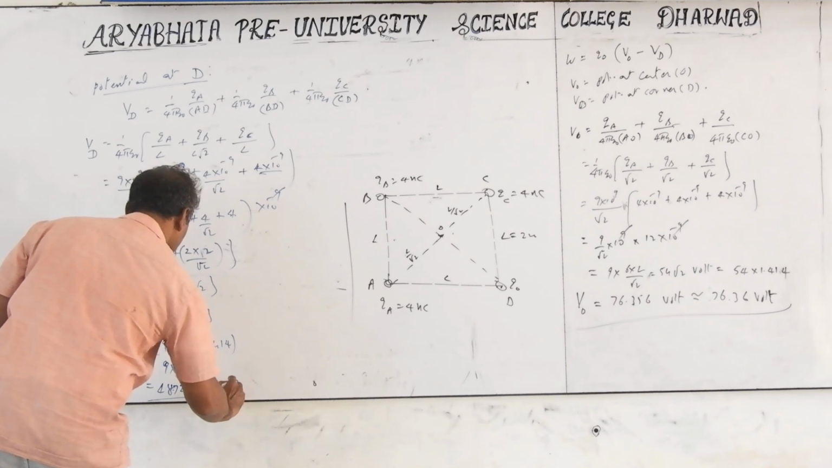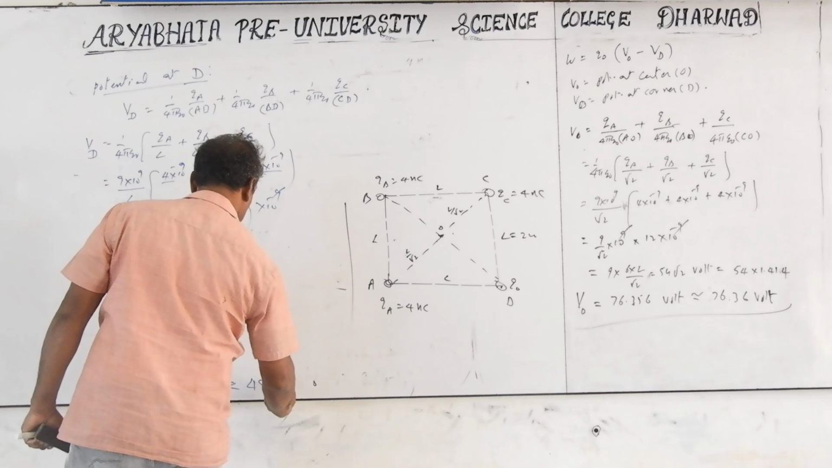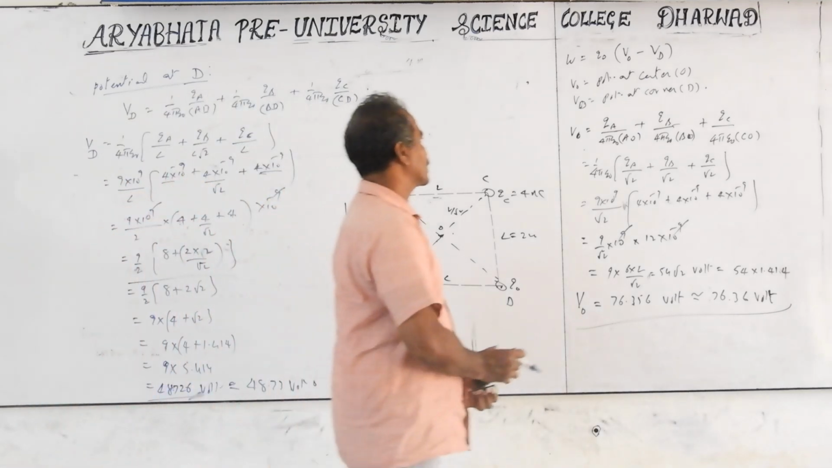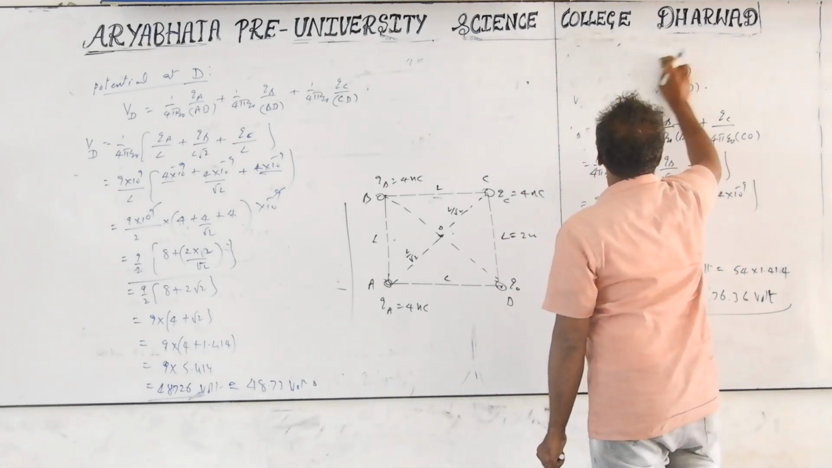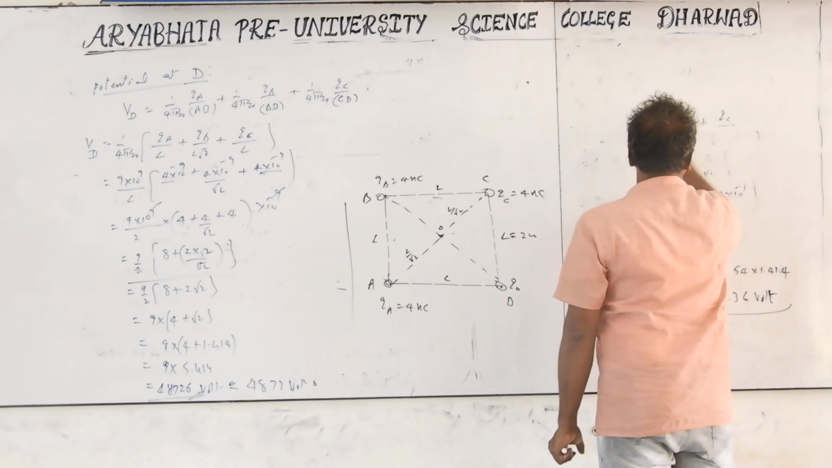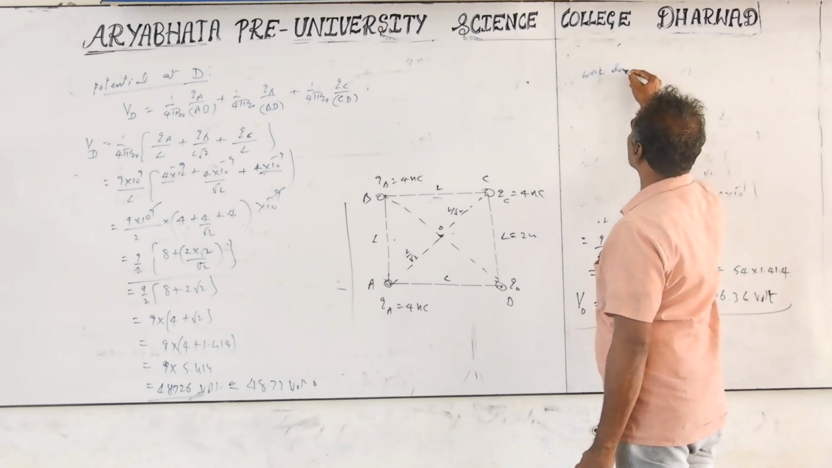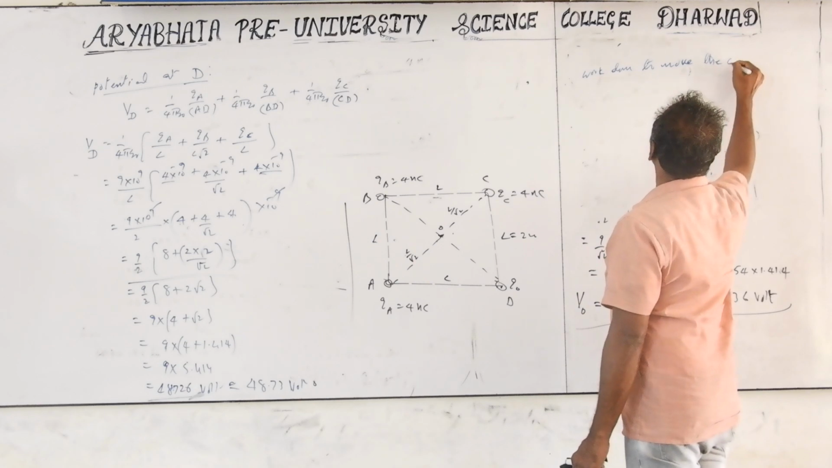Approximately 48.7 volts. But what we really need is the potential difference. So what does the charge do now? Therefore, the work done to move the charge